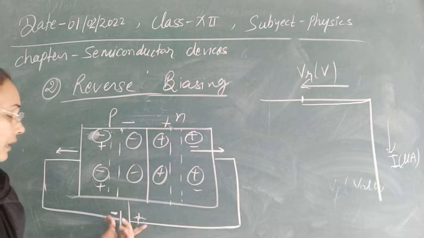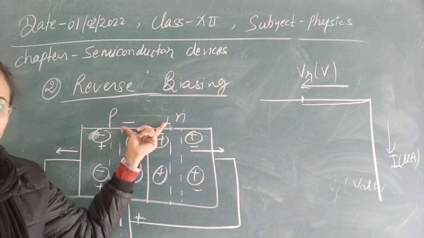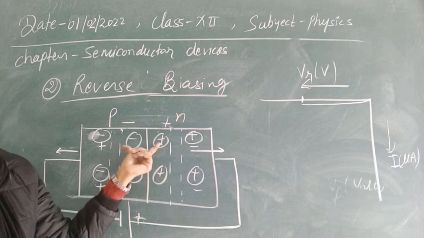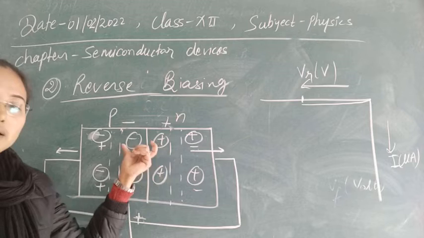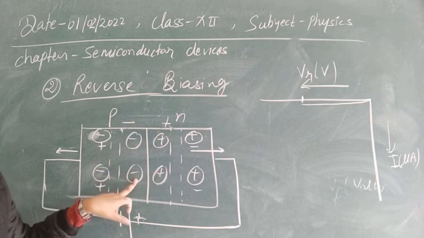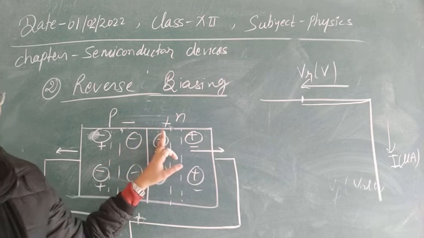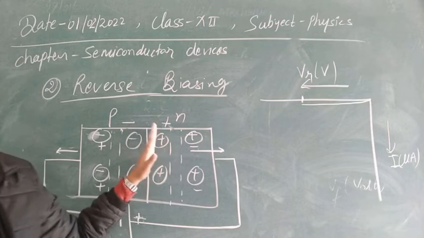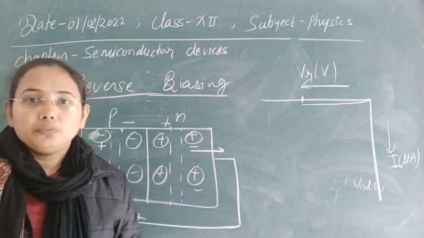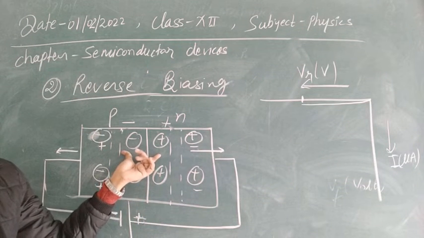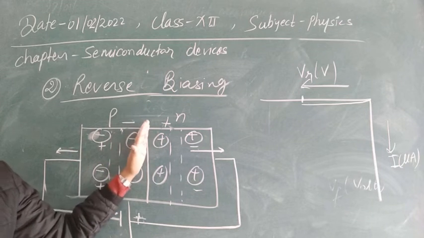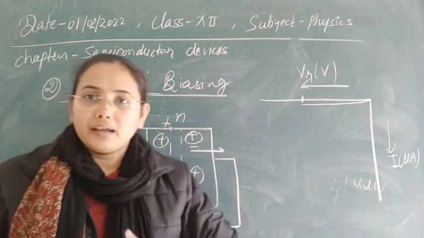When the potential is continuously increased, obviously the electric field produced inside the junction due to this voltage will also increase, and due to the greater electric field, greater electrical energy, the atoms and ions accumulated towards the junction, the donor and acceptor ions, and the electrons held by covalent bonds, will start to break away. So at a sufficient voltage, if we can break the bonding between two electrons that are covalently bonded here, that is known as the breakdown condition. So breakdown is not anything big.